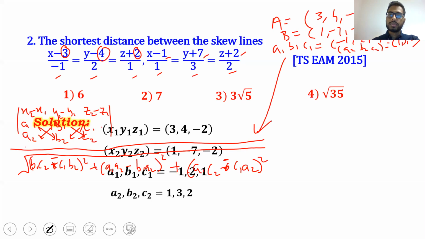If you want to note down this formula, you can note it down. The formula to find the perpendicular distance between two skew lines is the determinant of x2 minus x1, y2 minus y1, z2 minus z1; a1 b1 c1; a2 b2 c2, divided by the root of the cross multiplications between them, each whole squared, and add all the 3 terms.